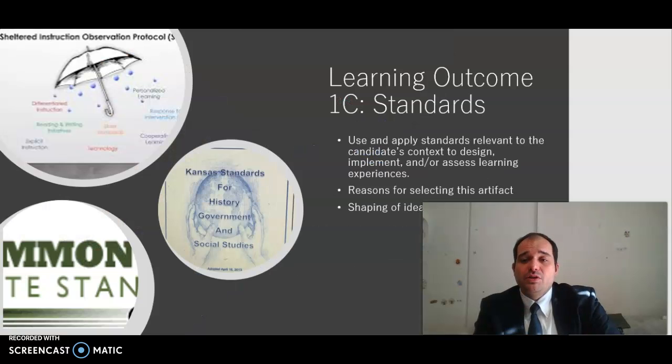Okay, learning outcome 1C, standards. This uses and applies standards relevant to the candidate's context to design, implement, and/or assess learning experiences. And the reason I selected this artifact was because it was the first time that I was able to take all of the theories that we were studying as a class and apply them to a real lesson,